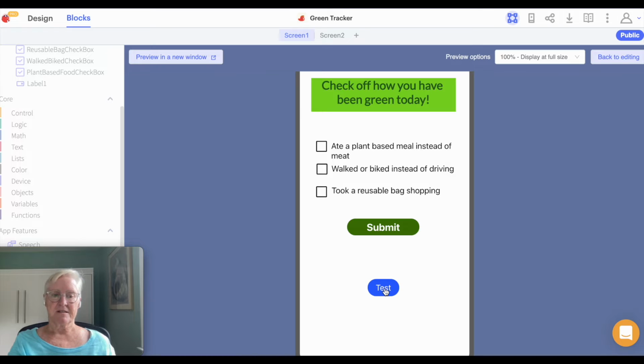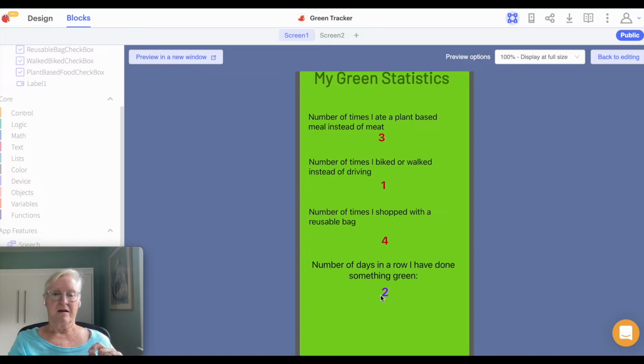Okay, so I'm going to hit test, that's going to set those. Now if I say, okay, I ate a plant-based meal, hit submit, and I've got 2. Okay, so that part worked, I got 2 in a row. Here's the fun part. We need to somehow set the day of the month to be the last day of